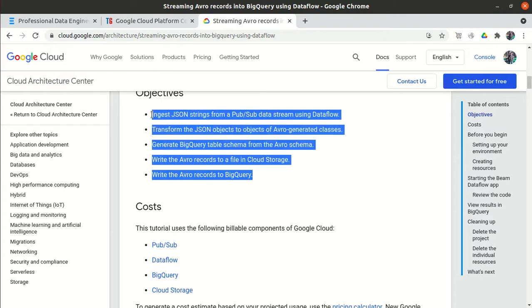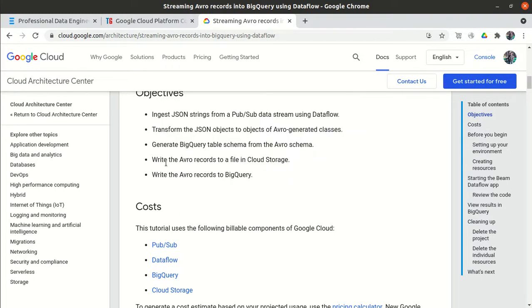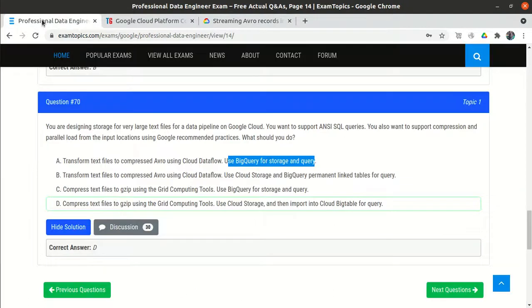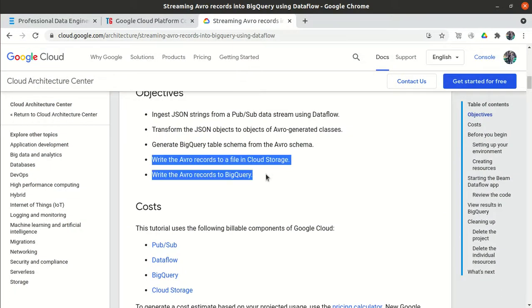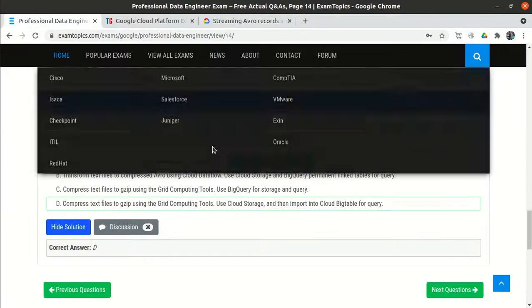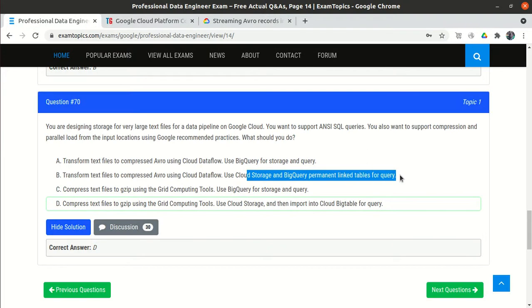I'm not sure why they write the records to Cloud Storage, but as per the official documentation they use both storage systems, Cloud Storage and BigQuery. So go with option B. That's the end of the video.